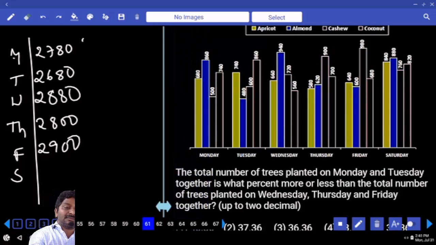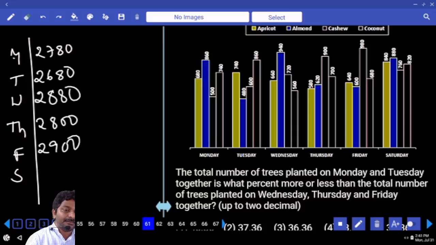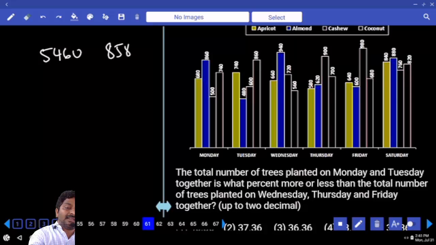Monday, Tuesday together, sum of both the numbers only. 2726, 5300, 8080, total 5460 is what percent more or less than sum of remaining values. Right. 28. Wait a minute. I'll also take this as 28 and 100 more we have. 28 3 times, 84 plus 100. 8500 and then 85 80. 85 and then 80. So